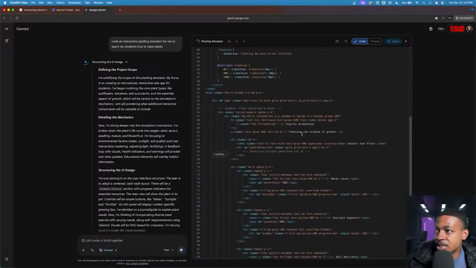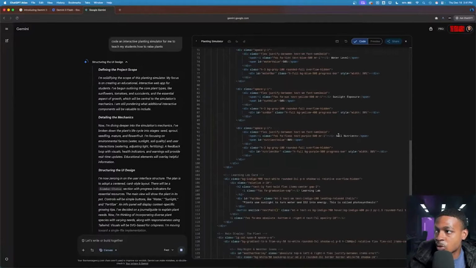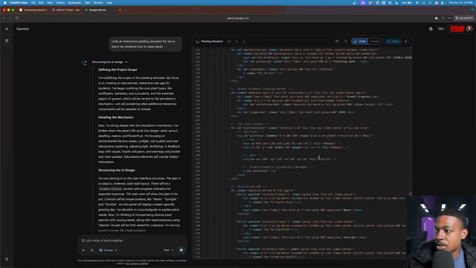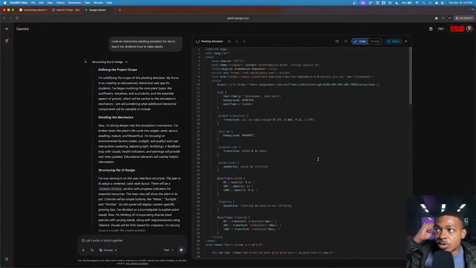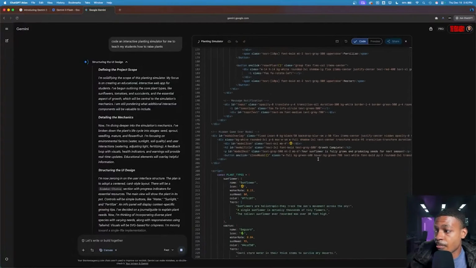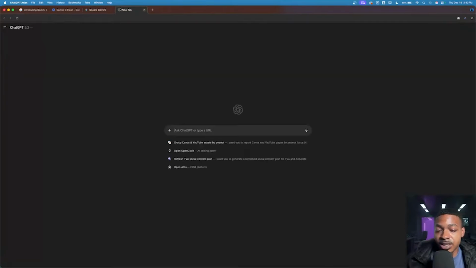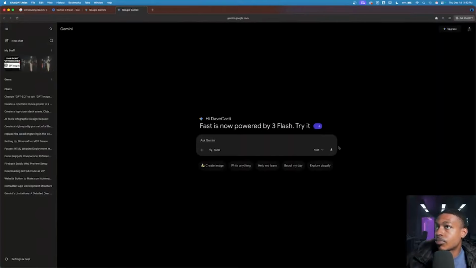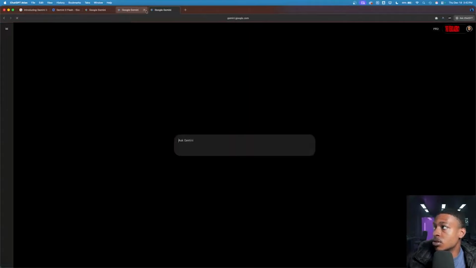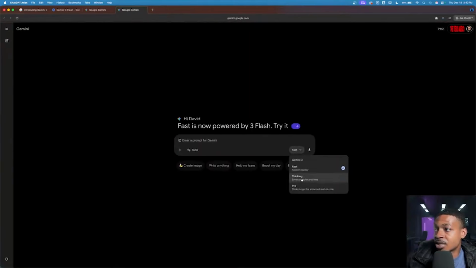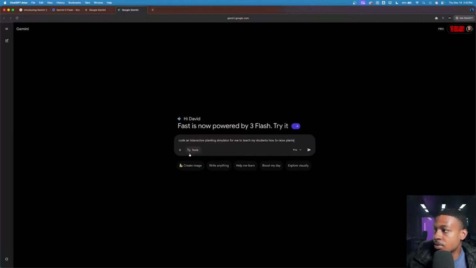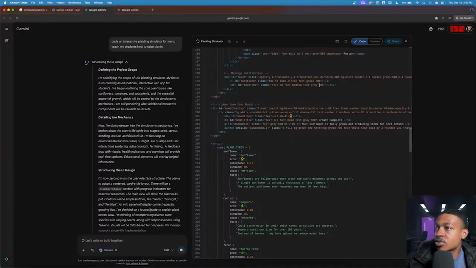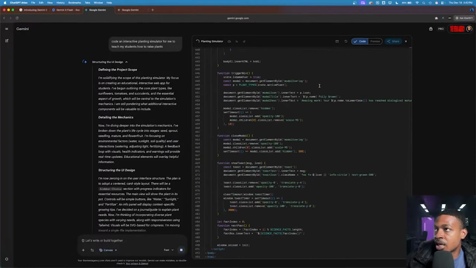Digital greenhouse, teaching the science of growth. Select your plant, water level, sunlight exposure, soil nutrients. Look at that. That's pretty cool. That's pretty fast too. And we can actually compare it to Pro if we want to. We can do that. I don't know why this keeps switching my stuff, but let's wait till this one is done, and then we'll go ahead and